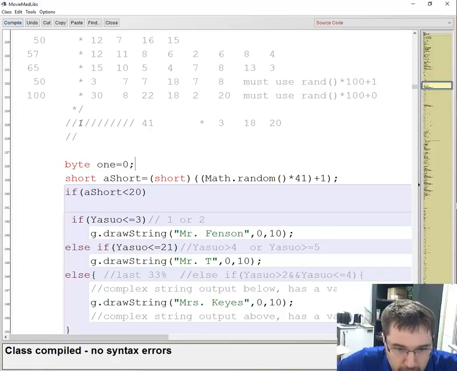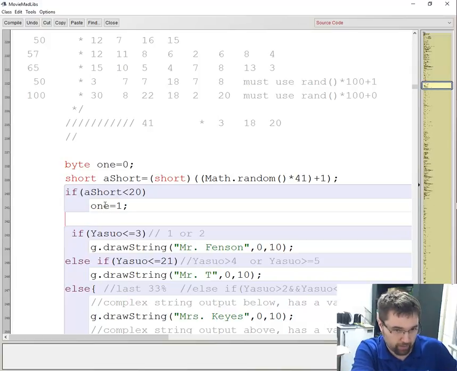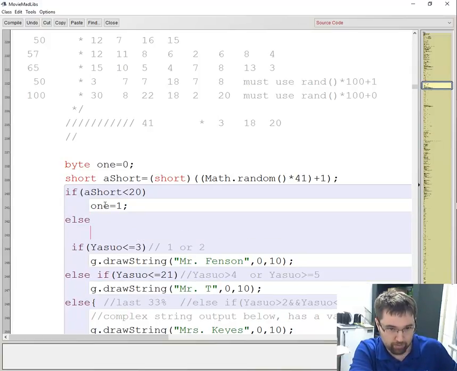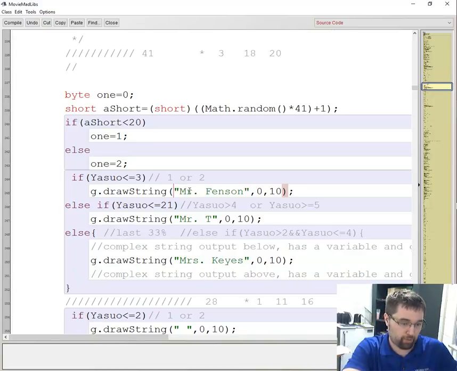I think that should compile. Yeah. So I'm going to say 1 equals 1. And then else 1 equals 2. And then I'm going to output this in a complex string output where I'm going to say